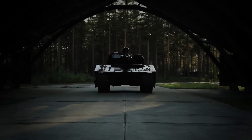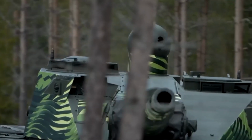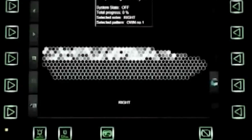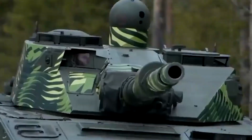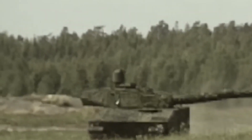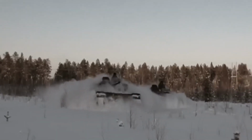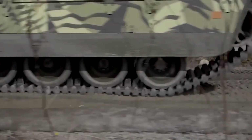T-Ghost. The Swedish T-Ghost is a camouflage tank that uses BAE's adaptive camouflage to make it invisible to enemy thermal imaging systems. The 120mm compact main gun of the Ghost tank has revolutionary technology that reduces recoil and lightens the total vehicle weight. A quick and potent medium combat tank is the end product. The cutting-edge technology aboard this tank enables the users to launch an attack before the hostile forces are even aware